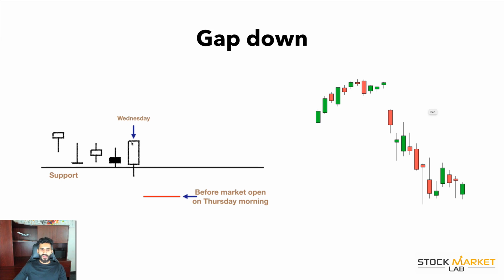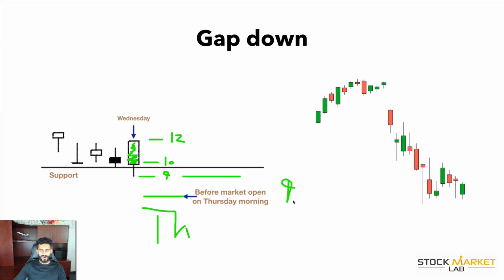Let's say Wednesday, let's make it a green candle as well. Let's say the stock opened at 10 and closed at 12. Remember, this is the wick. This represents the lowest point, that's $9, let's say. The next day, Thursday, what number do you think the stock would have to open below for it to gap down? The stock would have to open below yesterday's closing price. Yesterday's closing price was 12. So if it opened anywhere below 12, let's say even at 9,